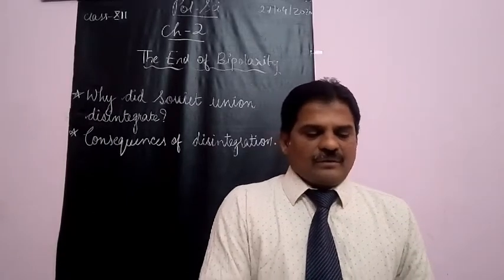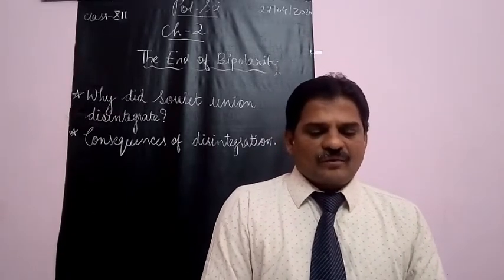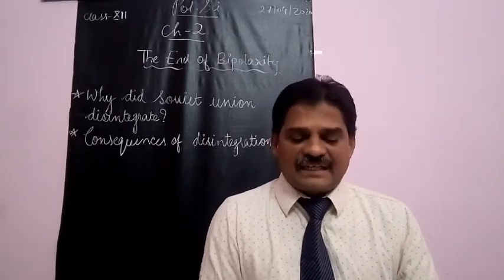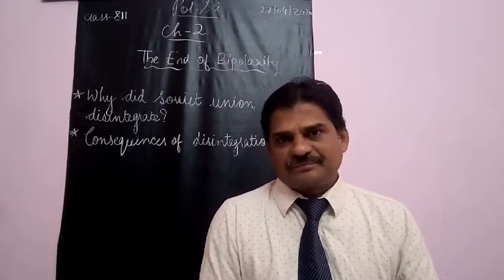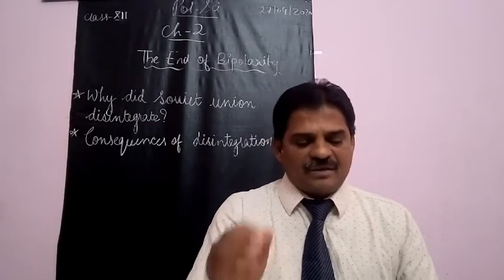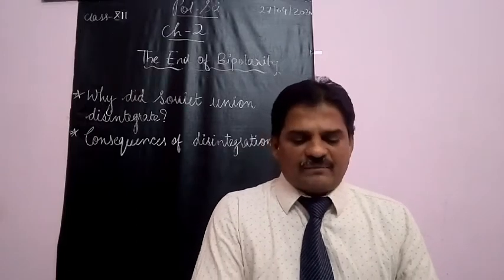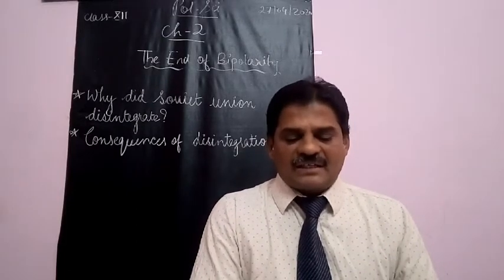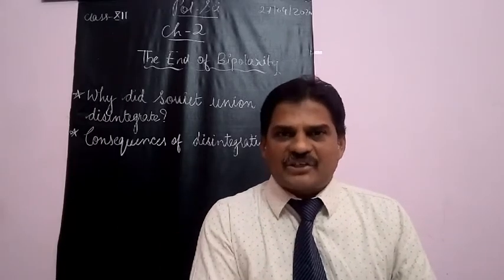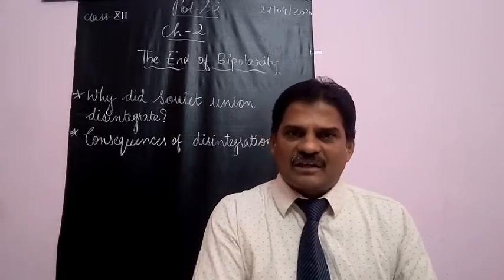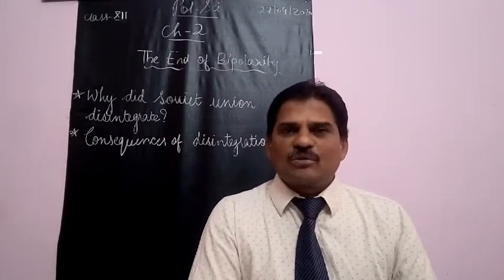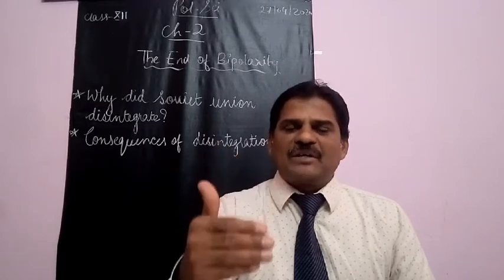Now I'll tell you what was the effect of the disintegration of USSR on Russia. After the disintegration of Soviet Union, Russia was accepted as the successor state of the Soviet Union. So in the place of USSR, we now call it Russia. Instead of USSR, we will call it Russia after disintegration. It inherited the Soviet seat in the Security Council. Now Russia got a permanent seat in the Security Council